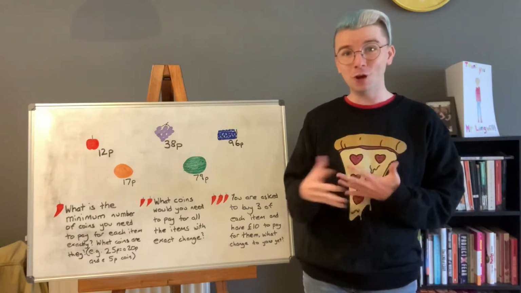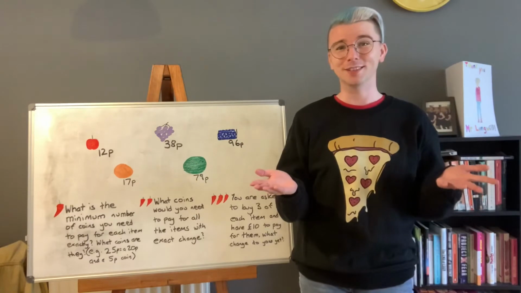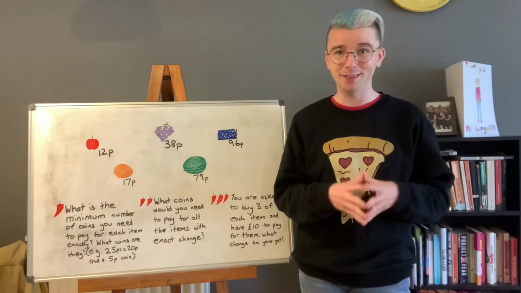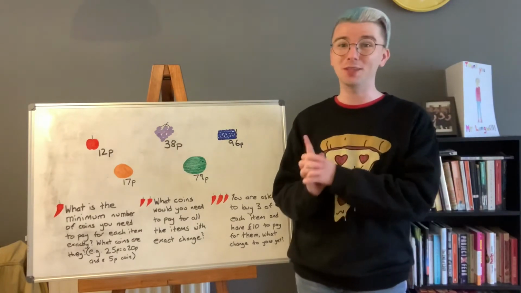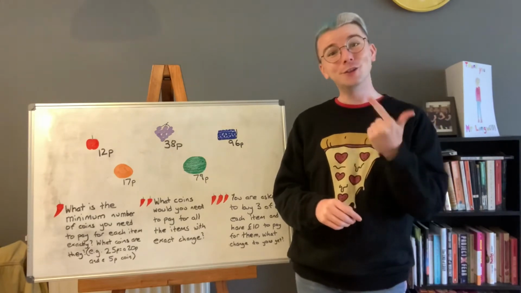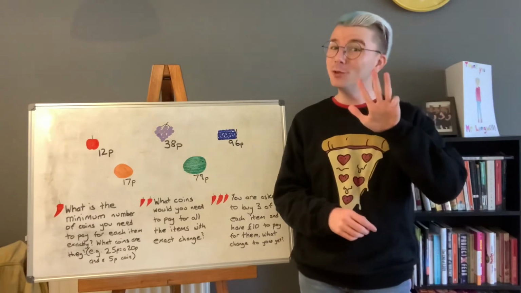Another way to say 242 pence is £2.42. Now that we know that the total value is £2.42, how could we break that down and use coins to pay for those items? We could use a £2 coin, two 20p coins and a 2p coin, and that would give you that total of